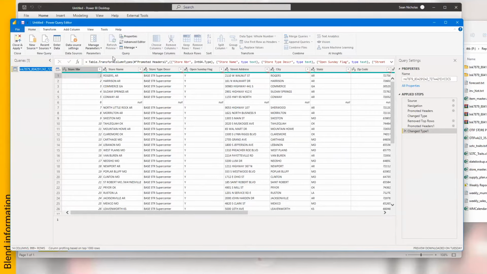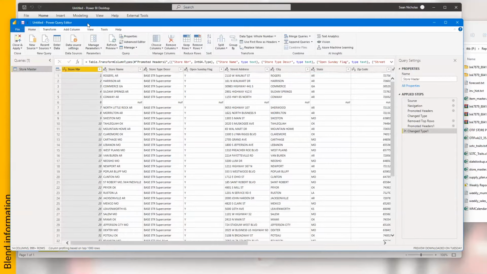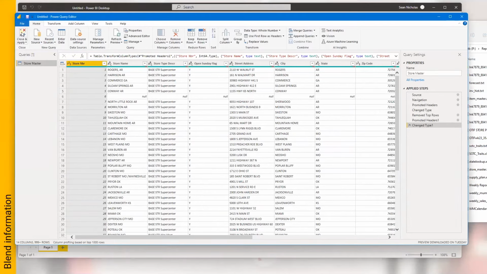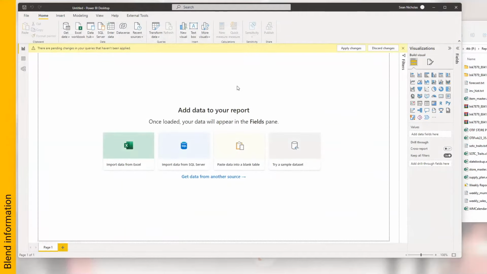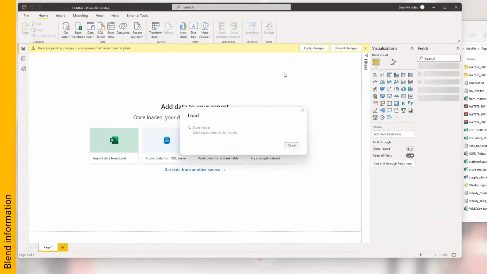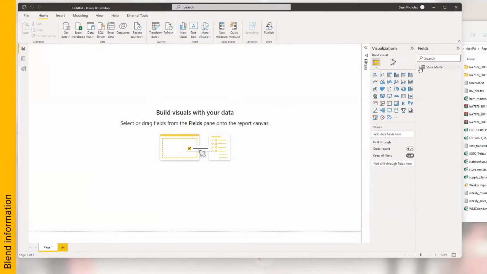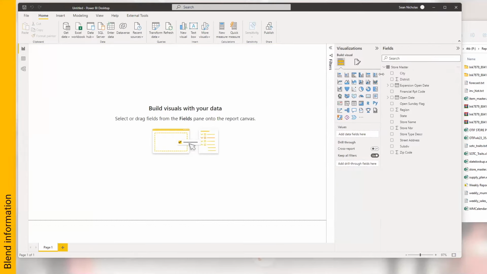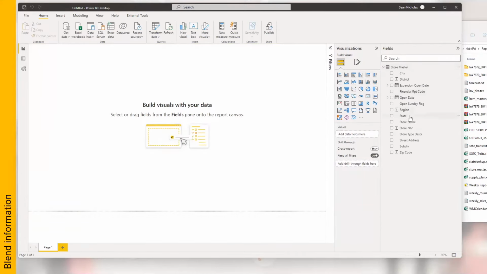And we want to name this store master, or we can call it whatever we want basically. But this name is how we're going to reference it when we start writing our formulas. So while we're in this, actually, let's go ahead and hit close and apply. So Power BI now is going to load that file into its memory, and we get our data model started over here. So from our store master's data, we can